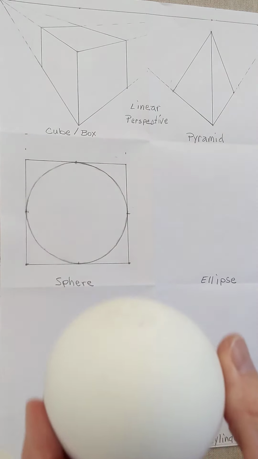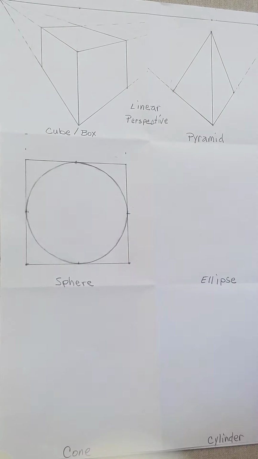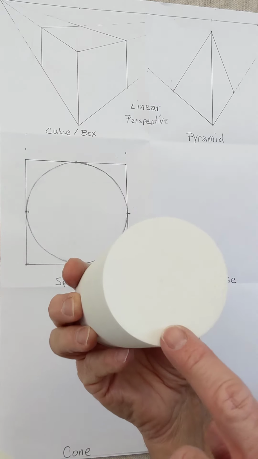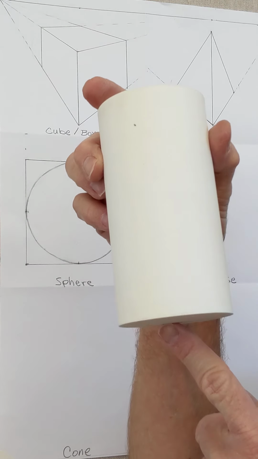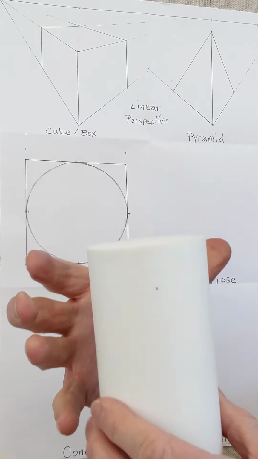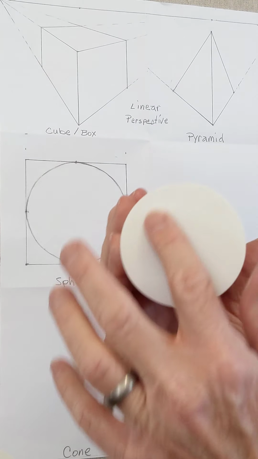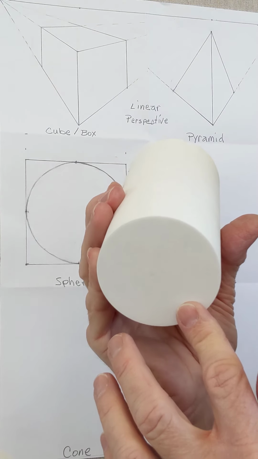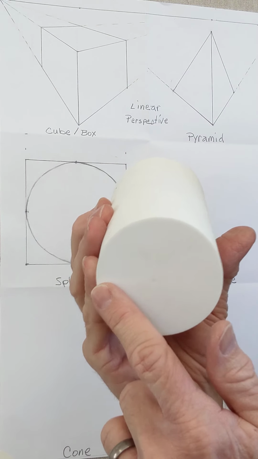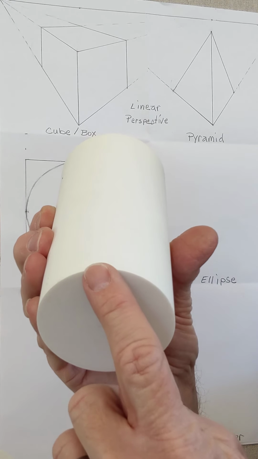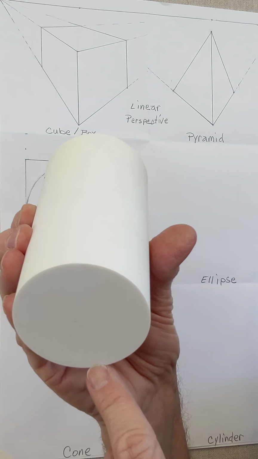starts off like a circle like we did for the ball. It is not a circle anymore, though. An ellipse helps us to draw a form like a cylinder, like a can, or a trunk of a tree. It's a circle that is tilted away from us. The distance from side to side in this case, as I tilt it top to bottom like that, the distance here from bottom front to bottom back